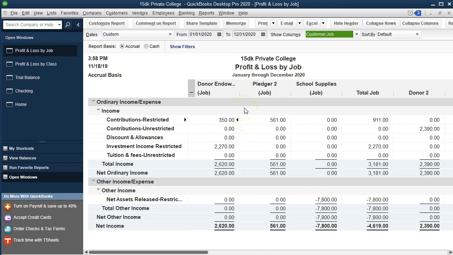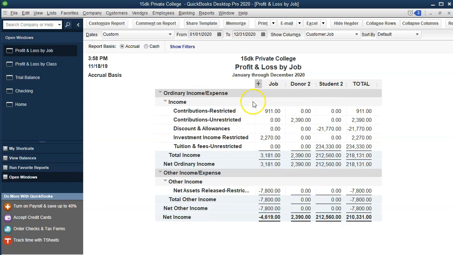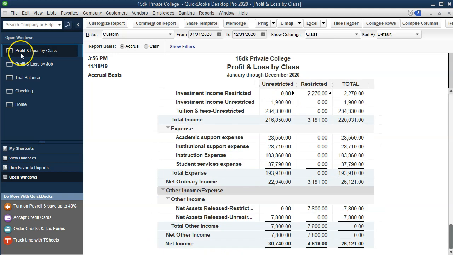So within the donor endowment, that's where that 2,270 is. Now note these are all in the subcategory of the jobs. This is going to be the total for the jobs. If I minimize this screen, then we've got all the jobs which total up to the net of that 4,619. And if we go back to the profit and loss by class and scroll down, then we'll see that